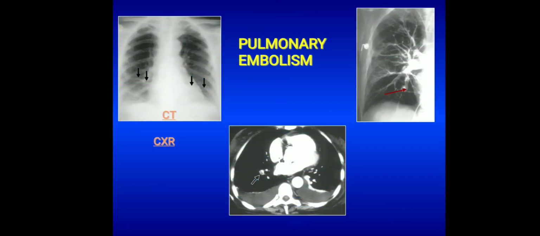So next, coming to pulmonary embolism. Pulmonary embolism is obstruction of the pulmonary arteries. It can be better appreciated on CT, and a few radiological signs are there, like haziness, opacity, and wedge-shaped opacity on the radiograph. It can be confirmed with a contrast enhanced CT, that is a CT pulmonary angiogram, and we can make out which pulmonary arteries are involved and obstructed by the thrombus.